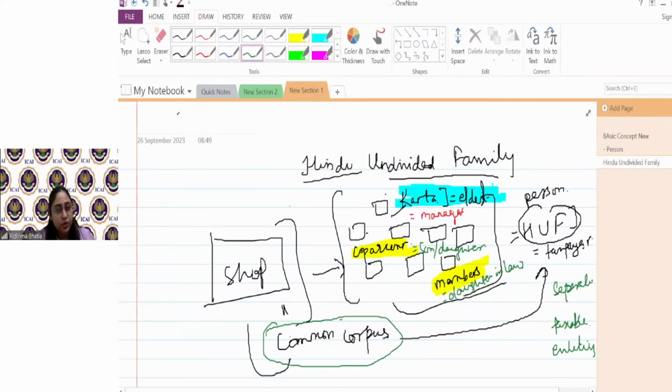ये सब जो लोग हैं ये इंडिविजुअल है, ये अपनी इनकम पे रिटर्न भरेंगे. बट एचयूएफ अपनी इनकम पे टैक्स देगा और रिटर्न भरेगा. कर्ता की खुद की इनकम भी होगी ना. कर्ता माइट हैव सम इंटरेस्ट इनकम फ्रॉम एफडी. कर्ता माइट हैव सम other income. He's a doctor also, he's also having some income from a doctor too. It can happen, right? Karta is an individual खुद की रिटर्न भरेगा, but he is also a part of the family as a manager. Okay, so अलग अलग, everyone is a separate taxable entity. Got it?